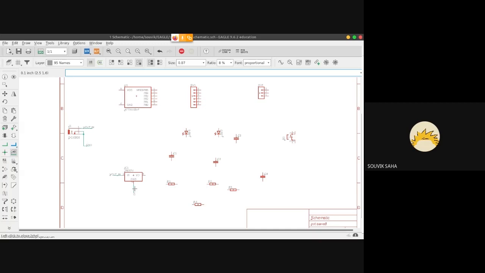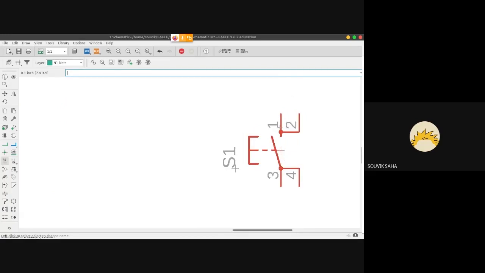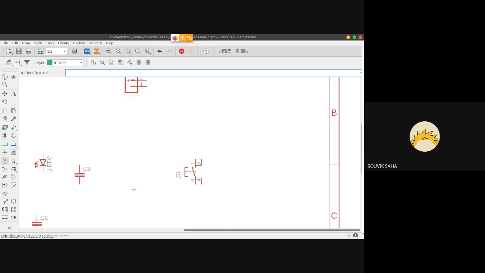The jack is the same. There's no issue with the jack. You have to connect pin 2 and pin 3 to ground. The switch is different. So I want you all to connect across pin 1 and pin 3 of the switch. Since the schematic that I sent you all is made on SparkFun, it's kind of different. So I want you to connect across pin 1 and pin 3. Ignore pin 2 and pin 4. Pretend that they don't exist.